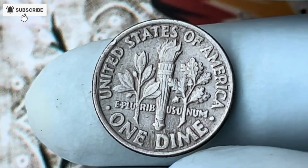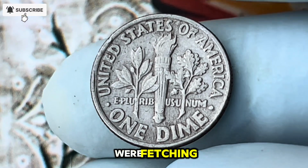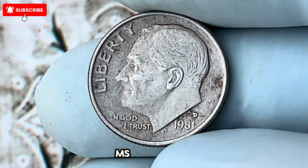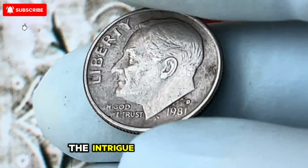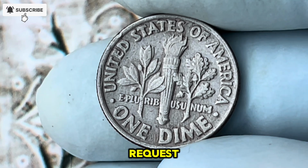The rarest of these, those that had somehow escaped the heavy abrasions of daily commerce, were fetching staggering sums. By 2010, a certified MS-67 example crossed the $25,000 mark in a private sale. The intrigue deepened when an internal memo from the mint, unearthed through a Freedom of Information request by a coin